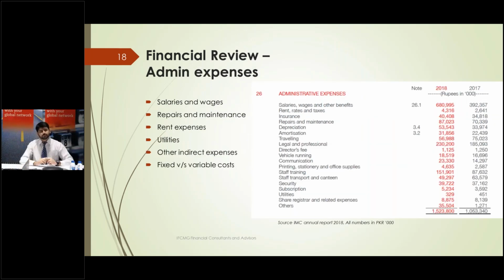Okay, now moving on to admin expenses, a very common area that I skipped from the cost of sales section because it is common in both administrative and cost of sales. Depreciation, salaries and wages, and utilities: these three expenses are ones where some you can directly identify, but some you have to take an assumption to allocate. So the assumption for allocation would be very critical: how they are allocated, and what is the basis of their allocation.